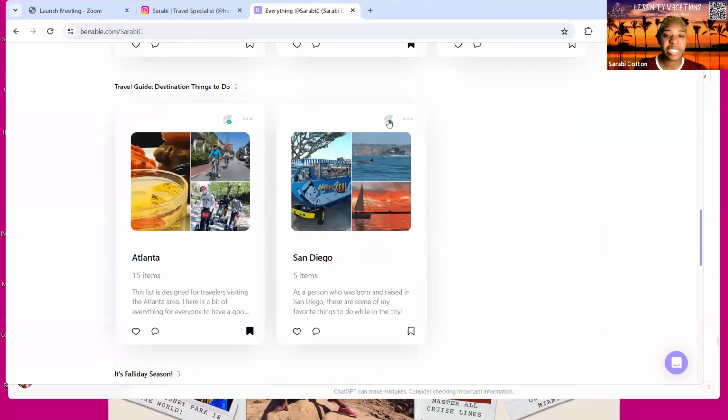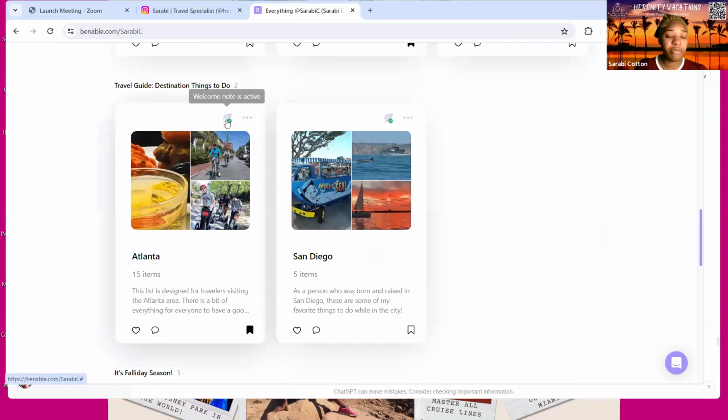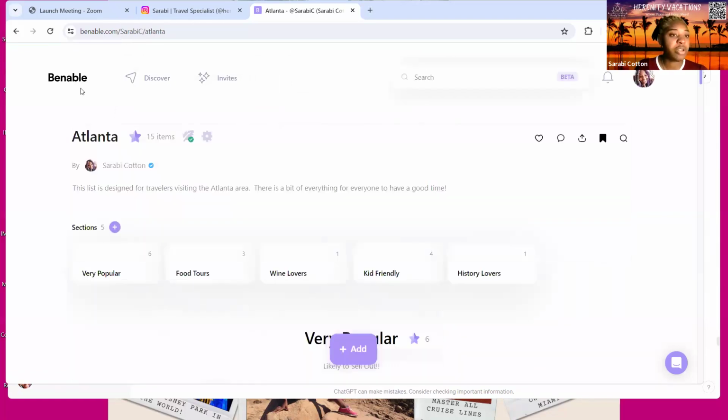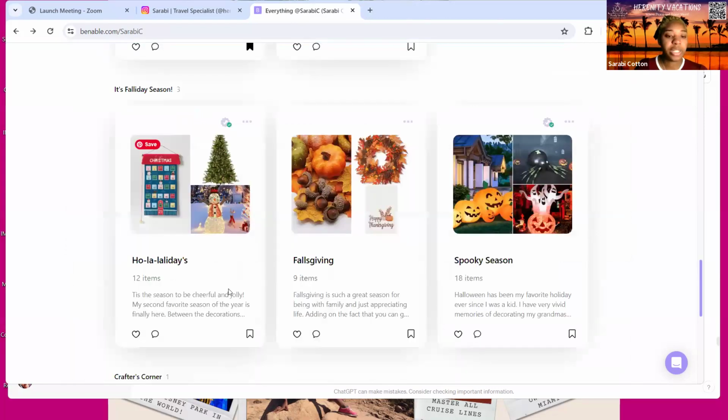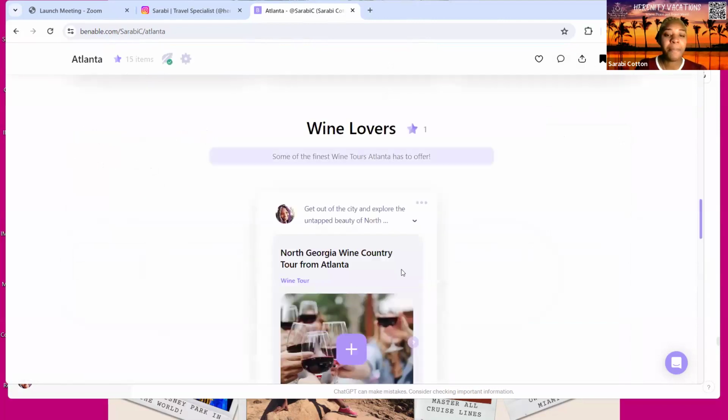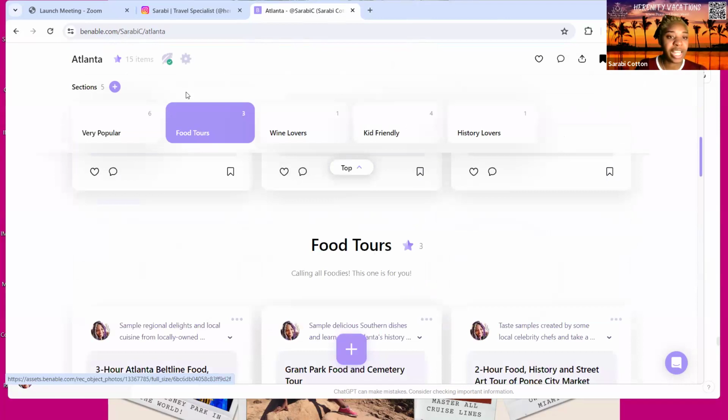Now, if you scroll down here, notice these little feathers with the green little check mark. Basically, those are lists that I have that have like a welcome card on there. So if I click on it, or if somebody else clicks on it, they are going to see my welcome card before the list pops up. So let's see how that's gonna. Okay, it didn't do it on this one. Hold on, let me go back. Let me click on it that way. Oh, well, it didn't pop up. So I guess when other people are looking at the list, it'll show. But basically, let me show you what that looks like.